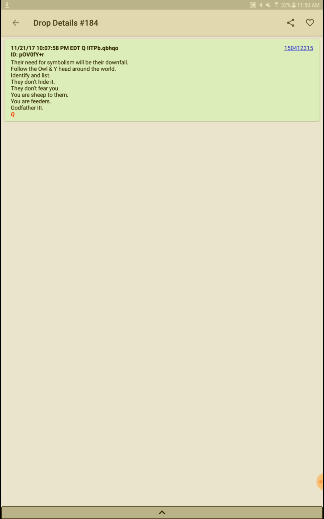So when I break down this Q drop, what I initially noticed was, their need for symbolism will be their downfall. Follow the owl and Y head around the world. So what I did was, like it says, I started to identify and list wherever I would see the owl or the Y head used. And it's not just in the United States, where a lot of the world's creative entertainment comes from Hollywood, but